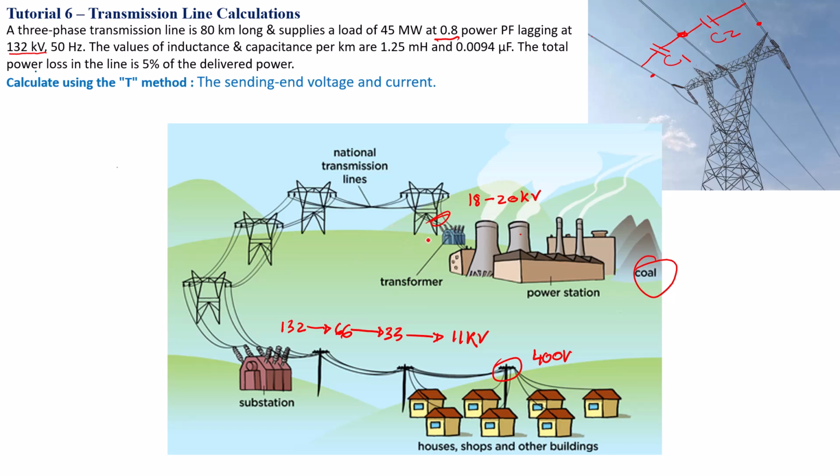And we can also calculate the power factor at the sending end. We know that the power factor here at the receiving end at the load is 0.8, but what is the power factor here based on what we are seeing? So that's basically in a nutshell what this problem is all about. Now without any further ado, let's get